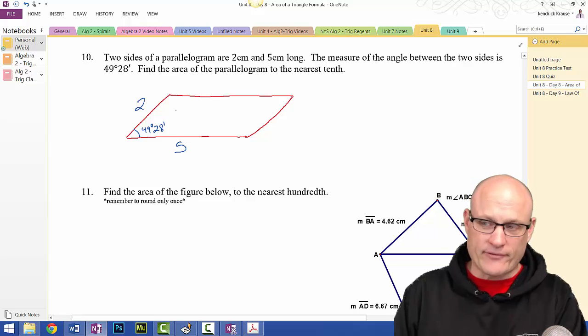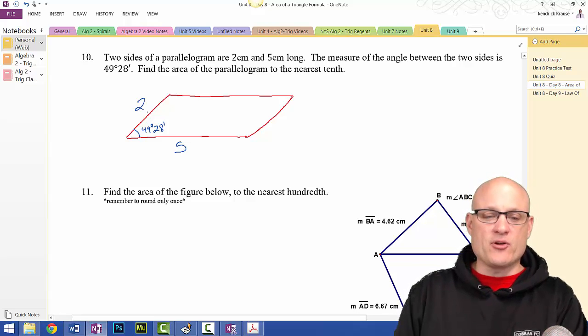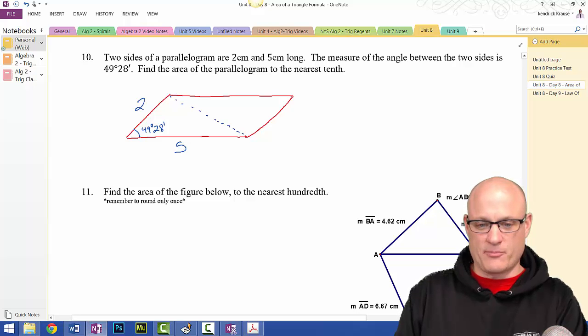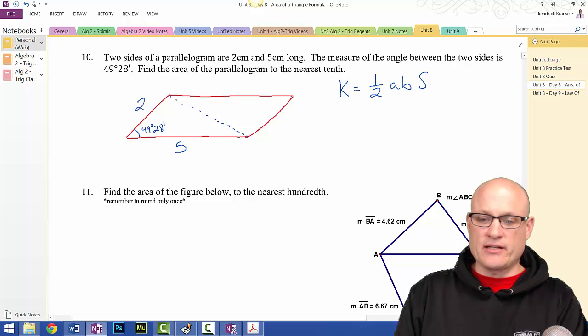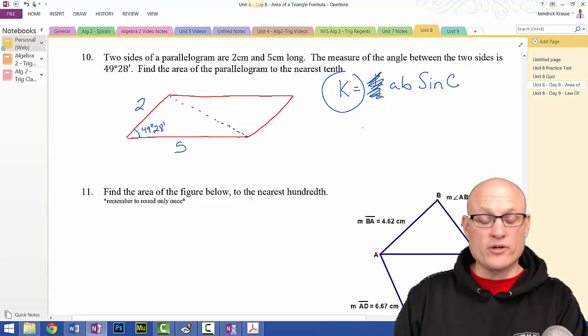Right? Seriously. But if you stared at it long enough by now, you should realize, oh, wait a second. Isn't a parallelogram just made up of 2 congruent triangles? And I always tell my kids, you can use k equals 1/2 AB sine C. Again, don't forget C is the angle that's included in between them. Or, since I'm going to double it later anyway, let's just get rid of the half. I don't need it. Makes life easy. So this is actually the formula now of a parallelogram. We don't need the 1/2. So k equals,